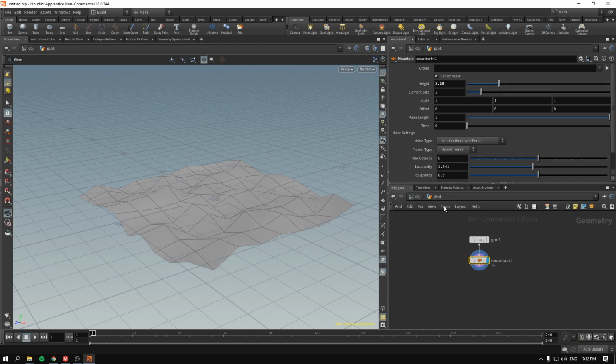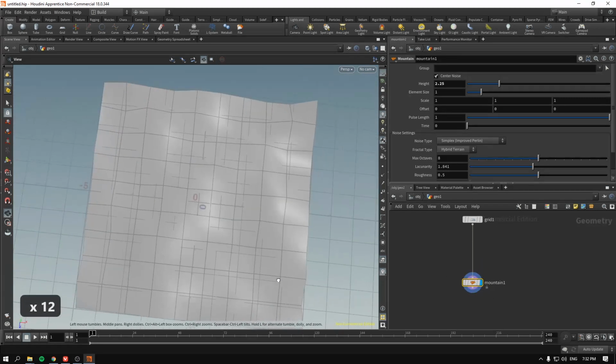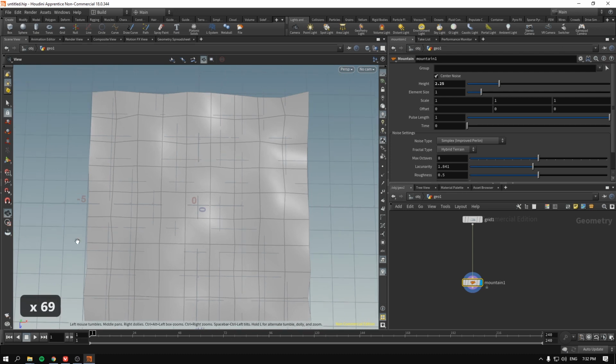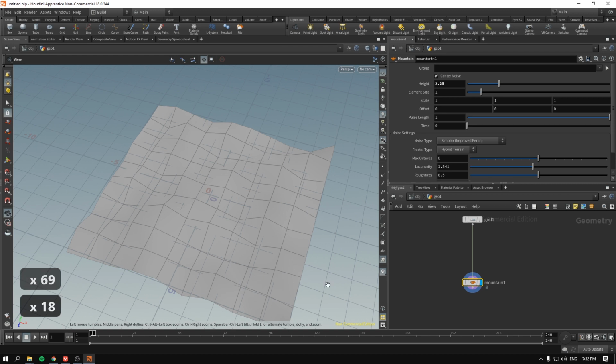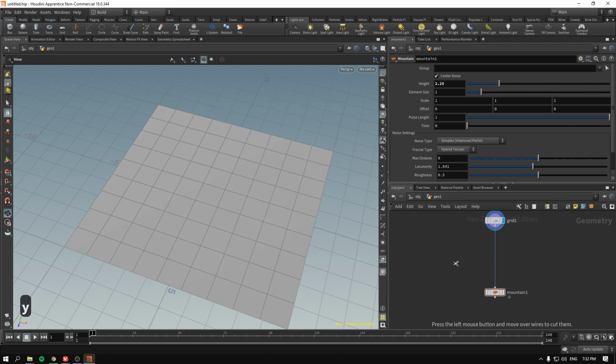But what I really want to do is first create different topology, because right now, as you can see, it's just rectangles going from top to bottom and from left to right. So what I want to do is have more irregular topology, irregular representation of how our grid is built. So again, this is the grid. I will disconnect our mountain for a second, and